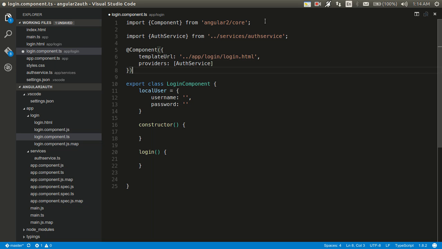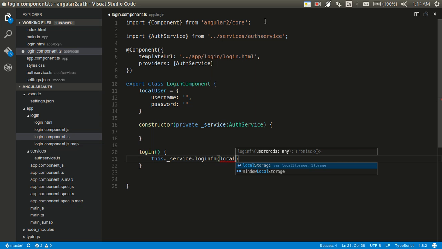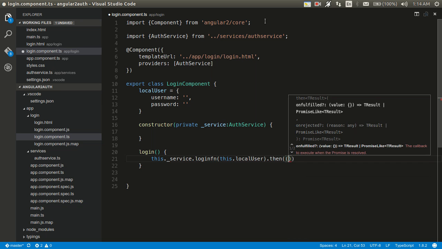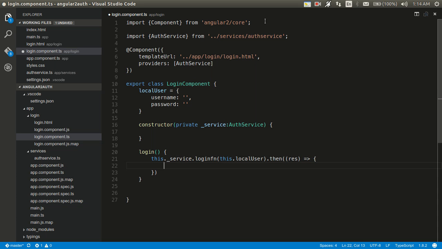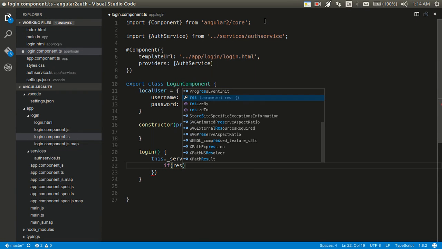And in the constructor we'll just call this.service.login function, with the local user, sorry, this.localUser.then(response). If response, then